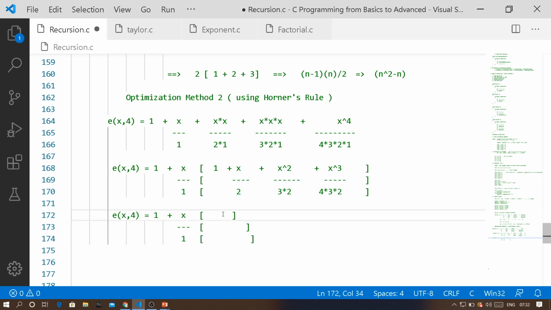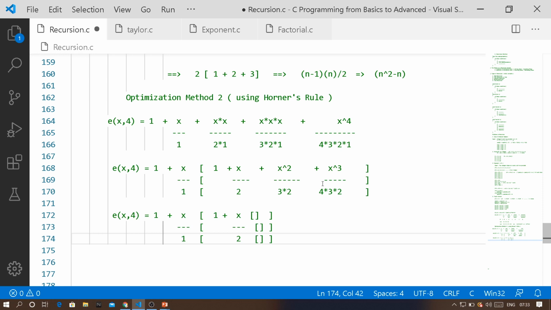Okay, fine. Now, what you're going to do, this one will remain the same. And what I'll do, we are going to take x divided by 2 common outside from these three terms. So x divided by 2 is taken common outside. Now what you have to do, we are going to write one more bracket.